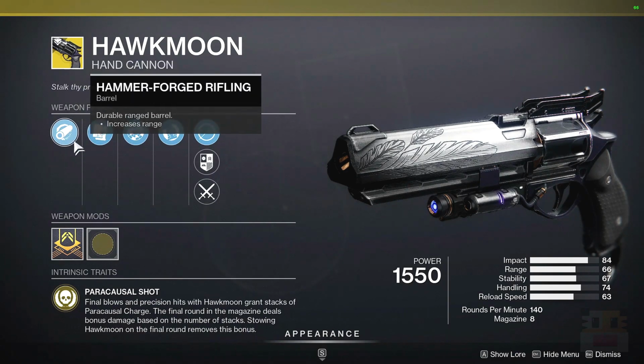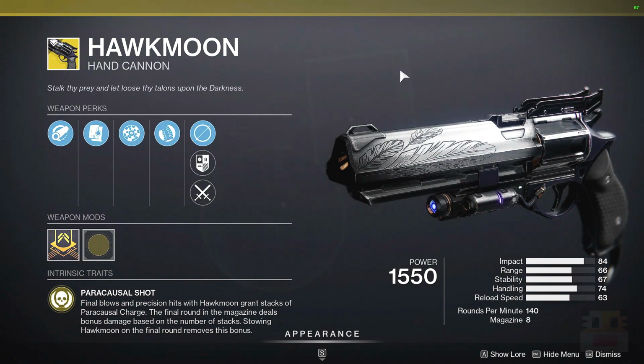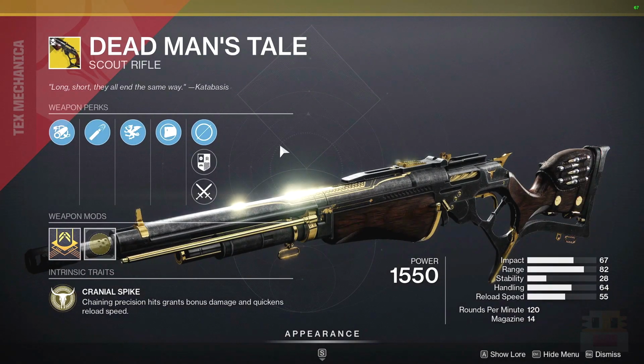Extended Barrel's not here, so you don't lose out on handling, although I do like Polymer Grip. I do think this is probably one of the best rolls you can have on a hand cannon, so absolutely get this. Anyways, following that, we have Deadman's Tale with Vorpal, which is actually a pretty good roll on Deadman's Tale for PvE stuff,